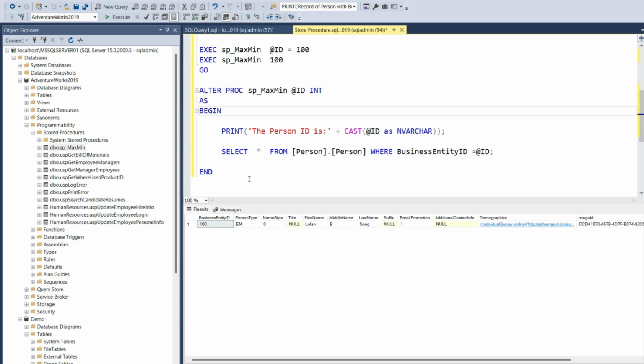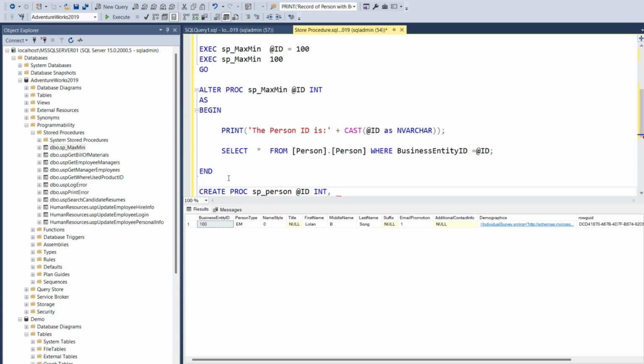So what I'm going to do now is create a stored procedure that returns all the persons who are employees. That means their person type is EM and they have a business entity ID that is greater than 100. Alright, so to do this, we can create the structure of our stored procedure first. Create proc. I'm going to call this SP person and it takes 2 parameters. I'm going to specify the ID for business entity ID, and to specify the second parameter, you specify a comma,